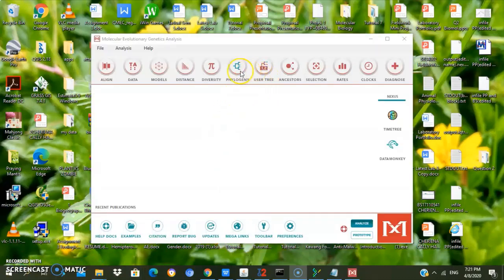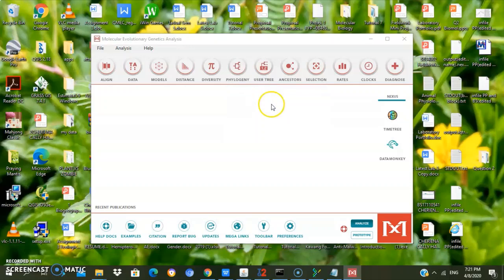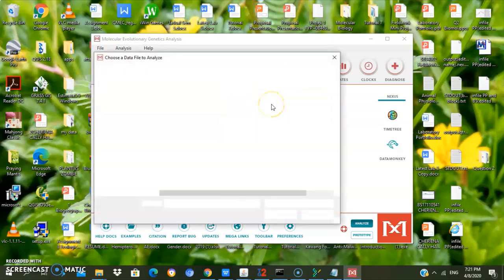We will use MEGA software to run the neighbor joining analysis and maximum parsimony analysis. So I just click this phylogeny, construct neighbor joining tree,